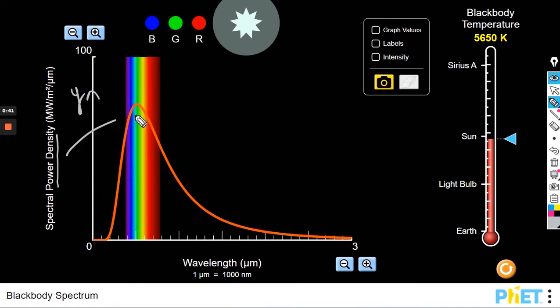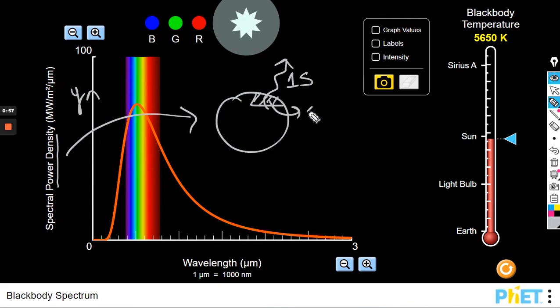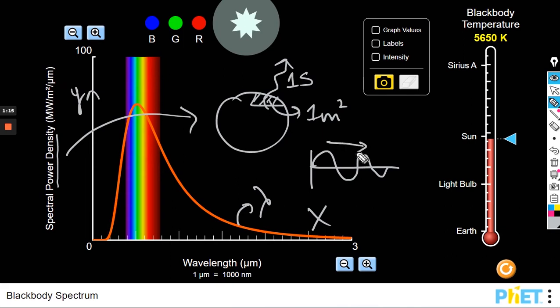What is spectral power density? If you take any object that has a definite temperature, it will always release some energy. And this energy, released in 1 second, that is per unit time, and that too from a 1 meter square area, is called spectral power density. On the x-axis, you have something called wavelength. I'm pretty sure you might know it. If you do not know, it is just the length of a wave. Or technically defining it, it would become the distance between two consecutive crests or troughs.